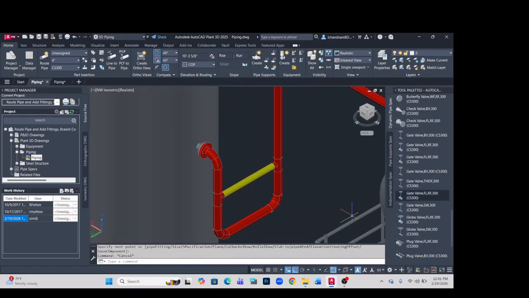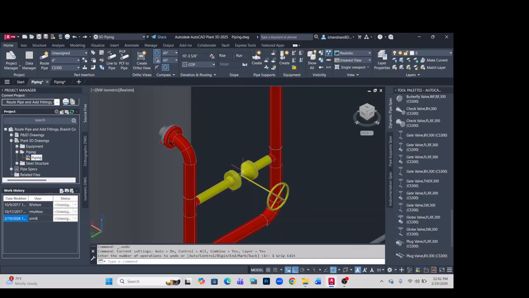And when I pick a gate valve, I'm going to pick something that matches. So we have this gate valve that's a solid wedge, same spec as the piping. I'm going to pick that and place it here on the midpoint, and I'm going to click in the front. You can click it the way you want the valve to be oriented. So I'm going to click here in the front, and then anytime you need to move the valve, all you need to do is just move it up and down the line as needed.